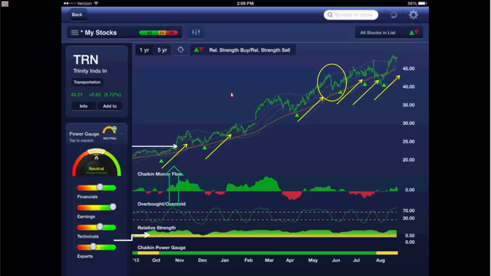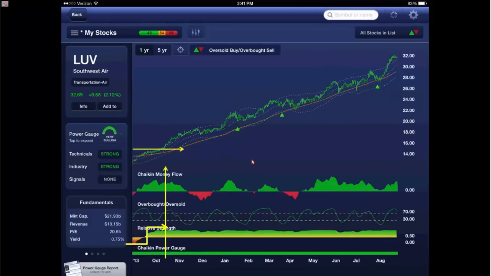So a very interesting business, and Trinity is making new highs. And by zeroing in on stocks like this, and I'll show you how we do that, you too can become independent and find these stocks and make money,